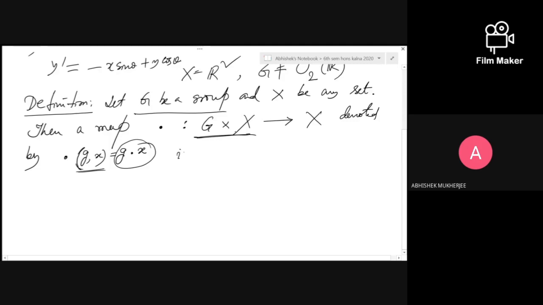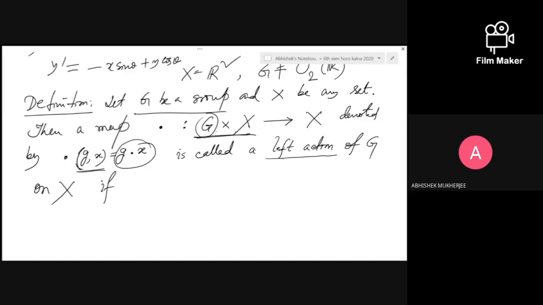G dot X is called a left action of G on X. Why are we calling it a left action? Because the group acts on X from the left, G cross X. If we are considering the right action, then this map will be X cross G to X. That is, the group will act from the right. So this is called the left action of G on X if